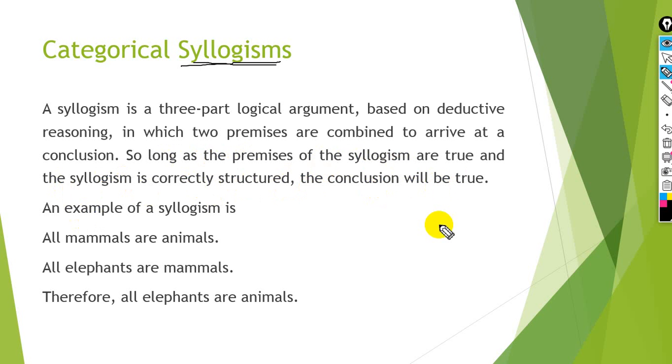So what does it mean? What is a syllogism? Its conclusion is based on two premises, premise 1 and premise 2. So when we want to find the conclusion, it will be based on